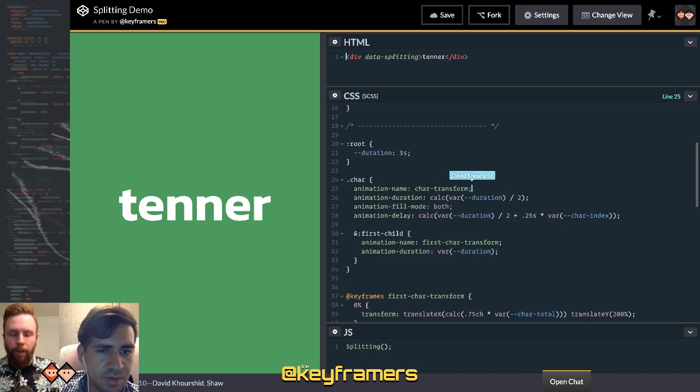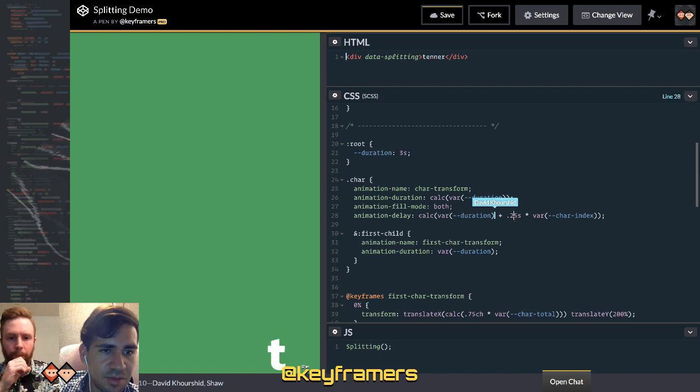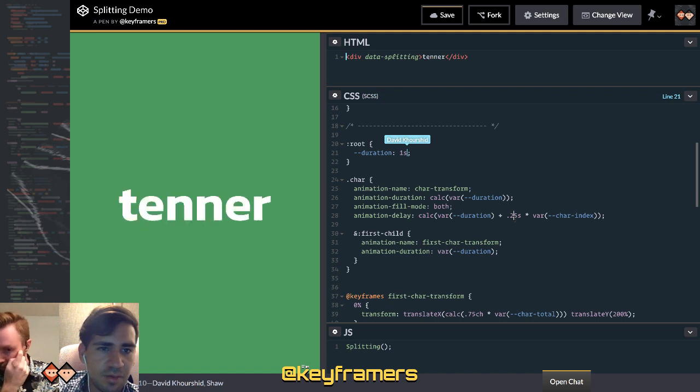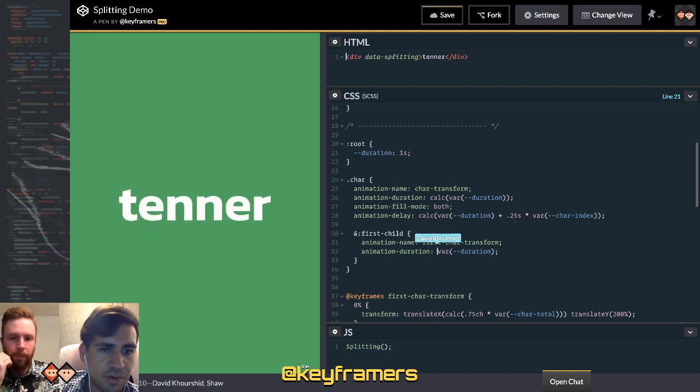I don't even know why I'm doing this duration divided by 2 junk, because here's what I'm going to do. The duration is going to be, well, let's just have it say 1 second, but we're just going to make the first character, well, that is way too fast.